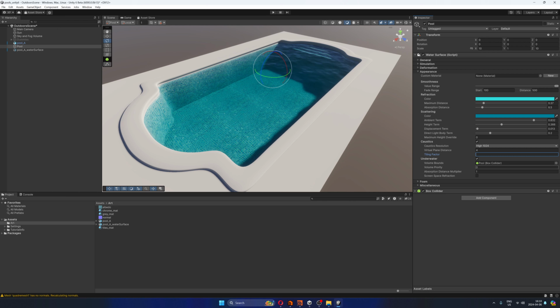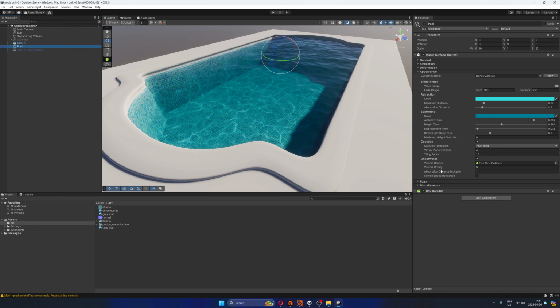So we do underwater, yes. For underwater, I'm going to enable screen space refraction as well. Foam, I don't want foam. I want a clean pool. So this bounding box, because I guess if I go inside,